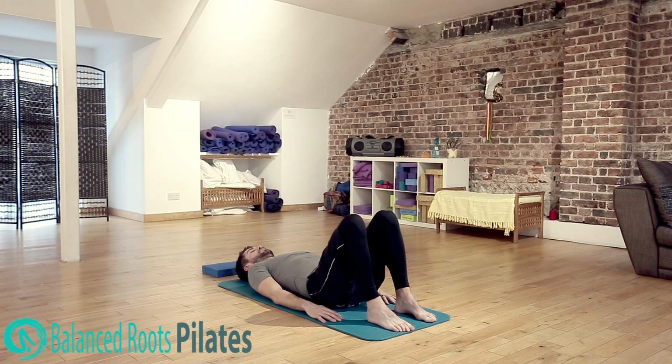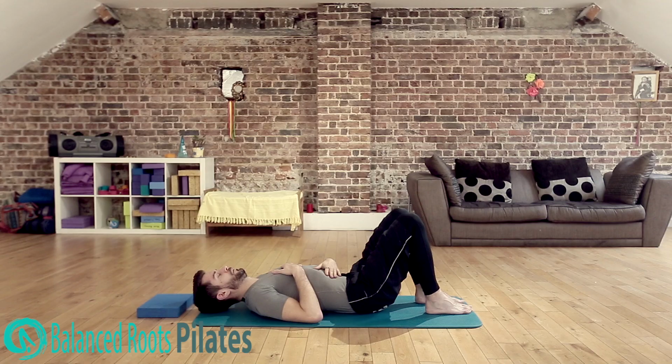So you can put your hand on your chest and on your stomach and we're trying to breathe into our chests here. So we're not abdominal breathing, we're breathing laterally into the rib cage and expanding there. So as you exhale, you can imagine you're blowing through a straw. So we exhale through pursed lips, making